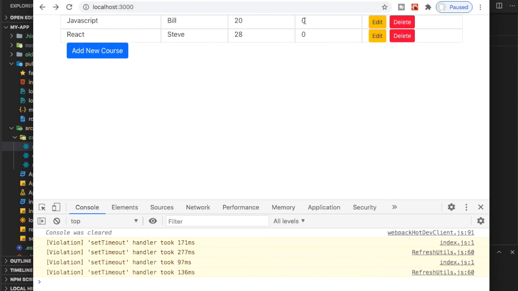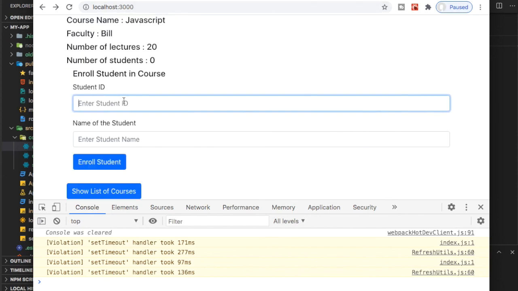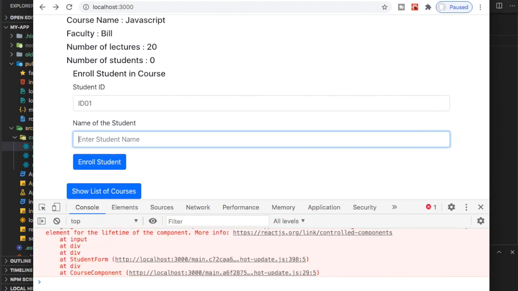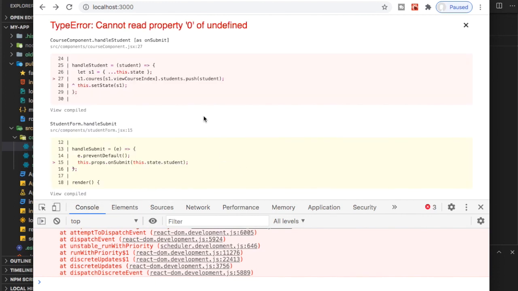Let's say we click on JavaScript, enroll more students. Let's say student ID01, name is say Sam. So there is an error, cannot read property 0 of undefined.